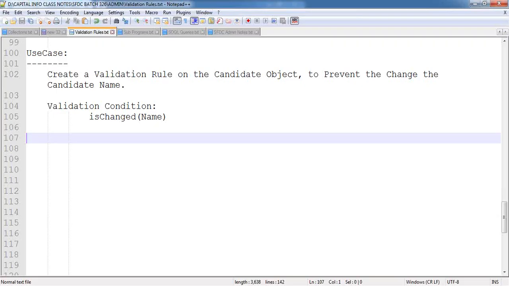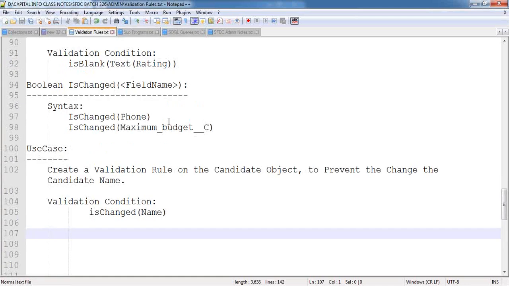So in the previous session, we have discussed the validation rules, and how to validate the data by using the validation rules, and how many types of validations are available, and what exactly the client-side validation and the server-side validation we have discussed,